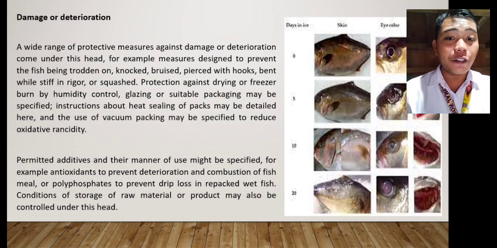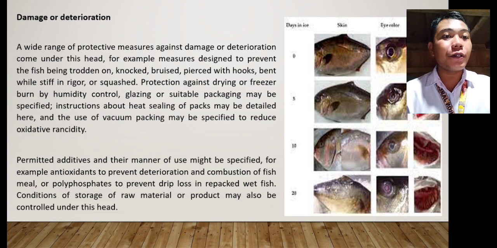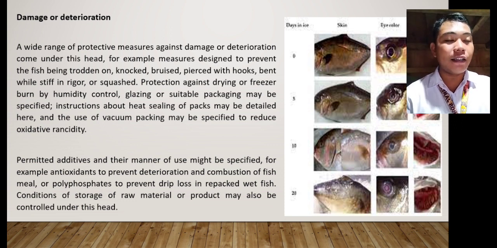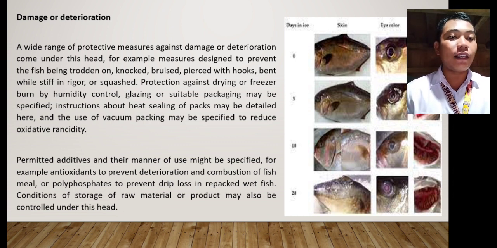Then the damage or deterioration. A wide range of protective measures against damage or deterioration come under this head. For example, measures designed to prevent the fish being trodden or knocked, bruised, pierced with hooks, bent while stiff in rigor, or squashed. Protection against drying or freezer burn by humidity control, glazing, or suitable packaging may be specified. Instructions about heat sealing of packs may be detailed here, and the use of vacuum packing may be specified to